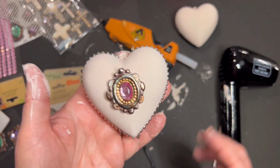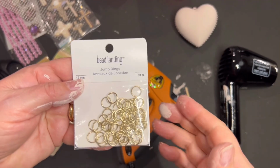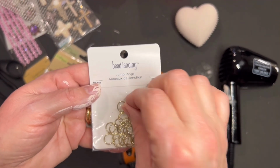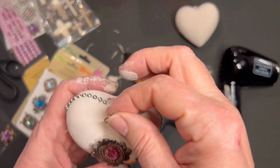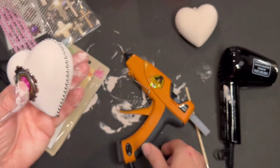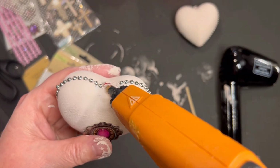Now I'm going to add some of these little, they call them jump rings. They're little round circles that are made for jewelry. And if you adhere one of them to the top of the heart using some hot glue,